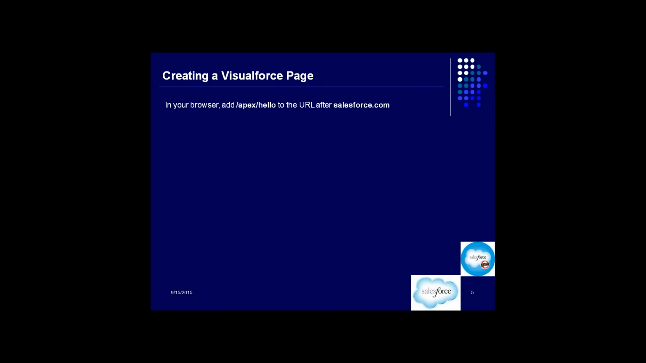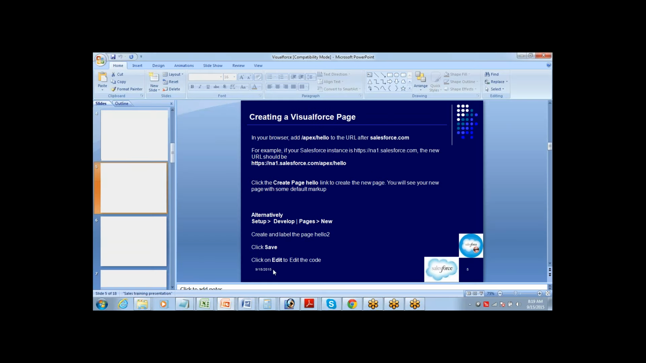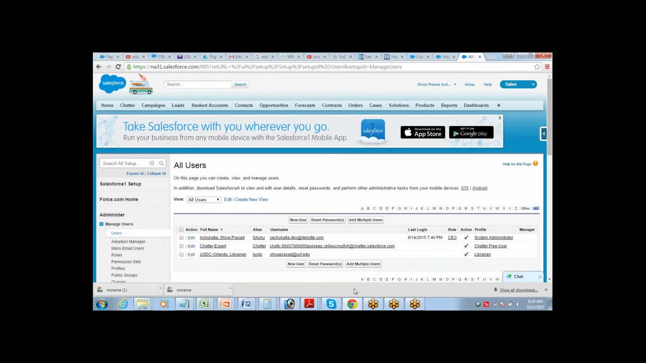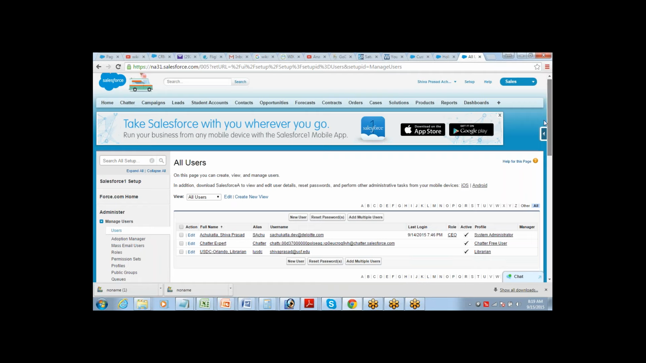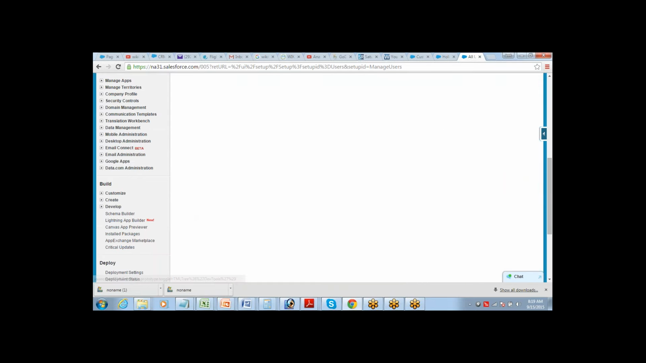Now, creating a Visualforce page. There are two ways of creating a Visualforce page. I'll just show you the demonstration. One is from the setup menu, where you go to setup and then, sorry, not create, develop. Under setup, develop, pages. To create a Visualforce page, you can just go to setup, develop, pages,